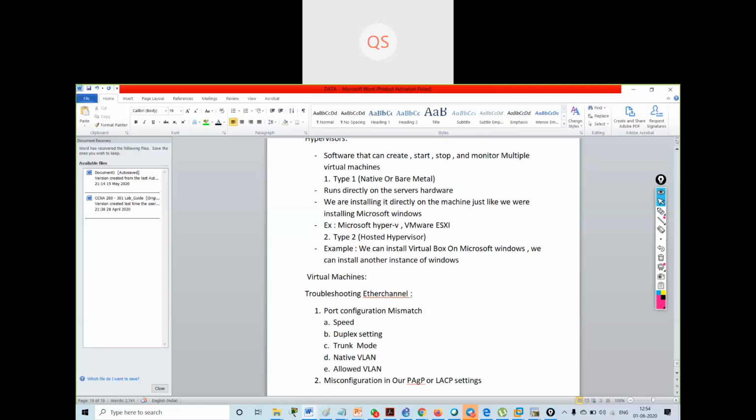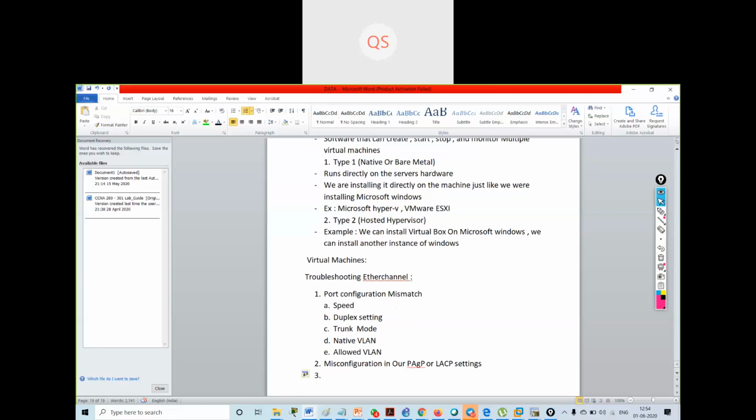Both switches can be in desirable, but both switches cannot be in auto. The same thing applies to LACP, but the concept changes to active and passive. Understood? So this is the misconfiguration of our PAgP and LACP settings. If we have misconfigured them, then there will be a problem with our EtherChannel.